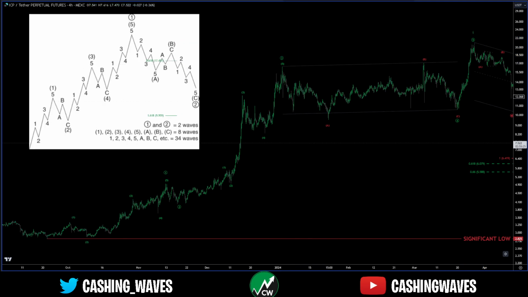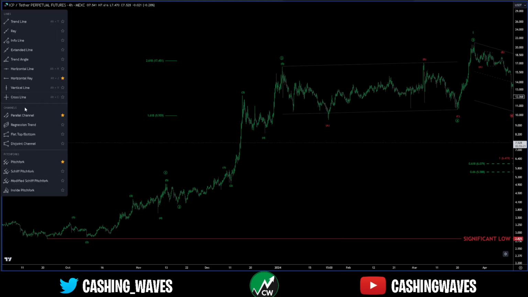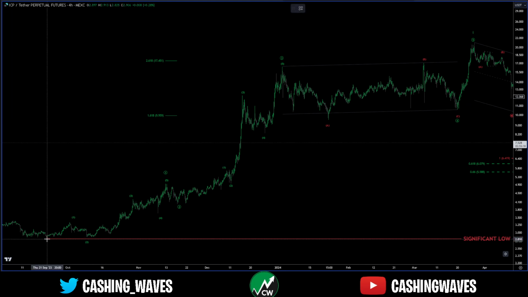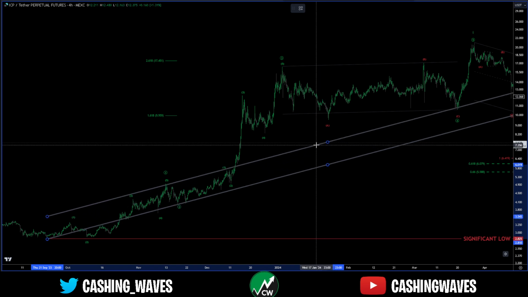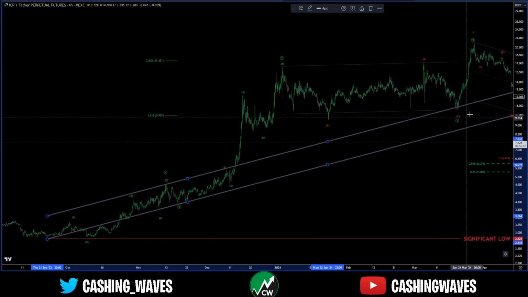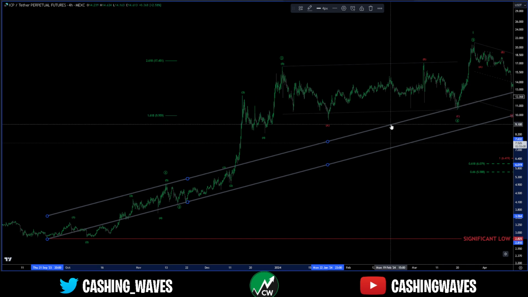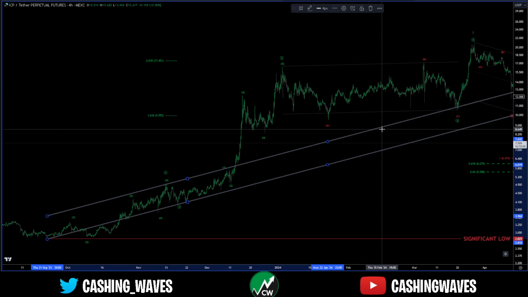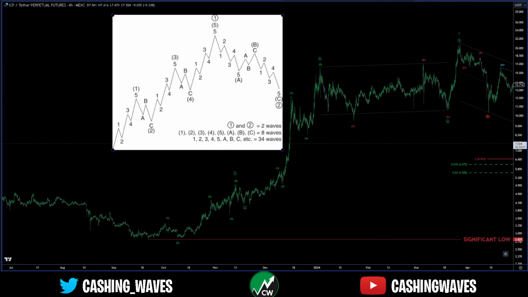Now, other ways to help you define where the 4th is likely to come: take the beginning of wave 1 off of wave 2, in green circled, extend that off the top of wave 1, and you expect the 4th to find support at the top end of that channel. So you can see everything reacted as expected for that impulse, and after the fact, looking for another smaller version